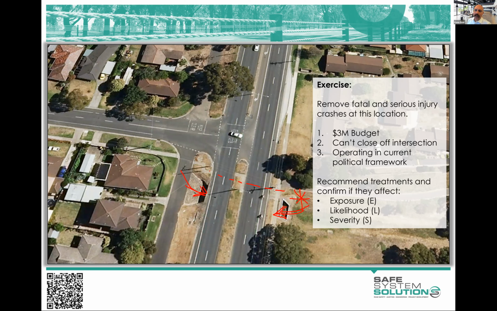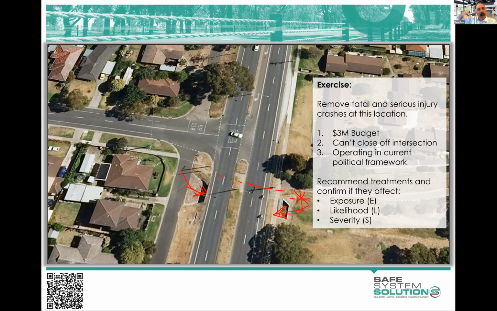Yeah, okay. There's some ideas to underground the power poles and the like, which would certainly reduce the chance of somebody having a runoff road crash. Now, we do attribute that as a likelihood factor. I know people would be very tempted to say that it's an exposure factor because if you leave the road, you're not exposed to hitting a pole, right? But the way we think about things in the safe system assessment is to bring it back to the crash. Is the exposure to a runoff road crash still in existence? And the answer is yes, because the vehicle could leave the road, it could still go to the culvert, hit the tree, go to the houses.